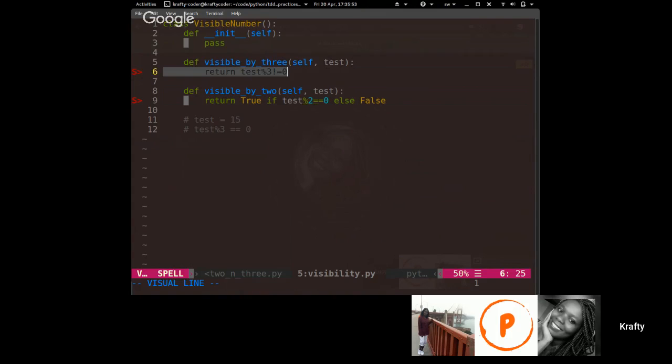Actually, there's no condition here, but there is something. What's the answer? It will return whatever it